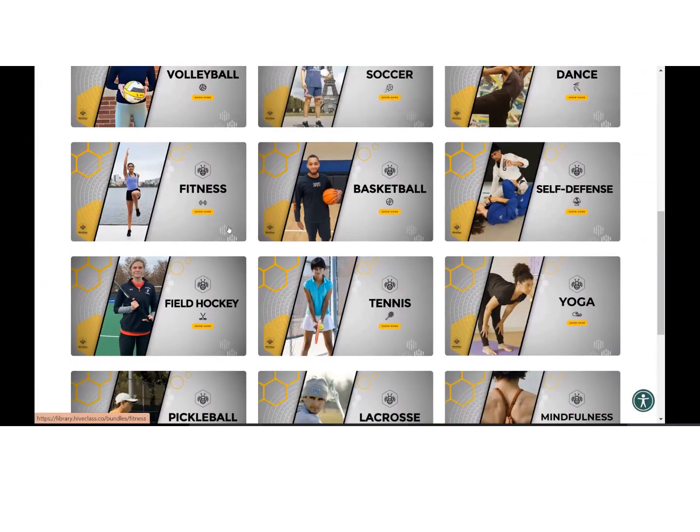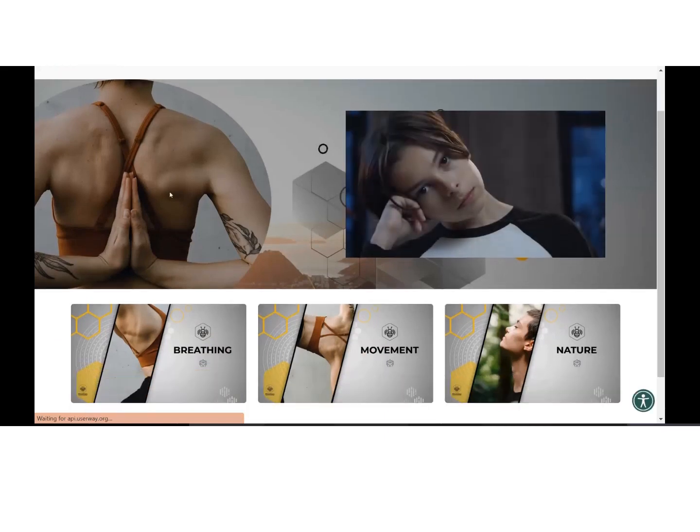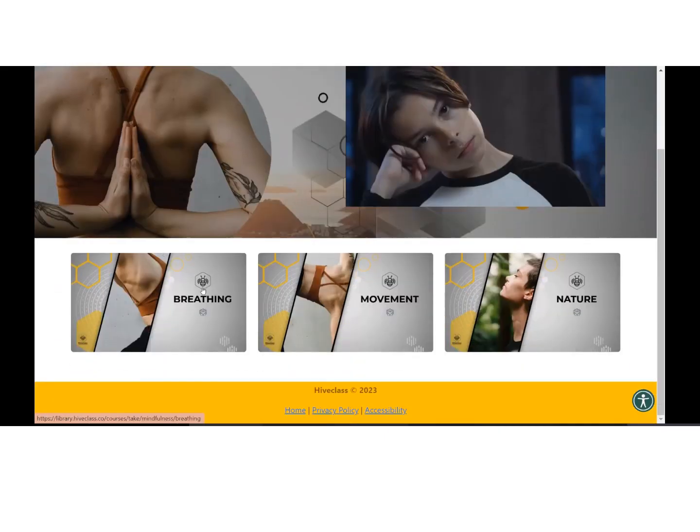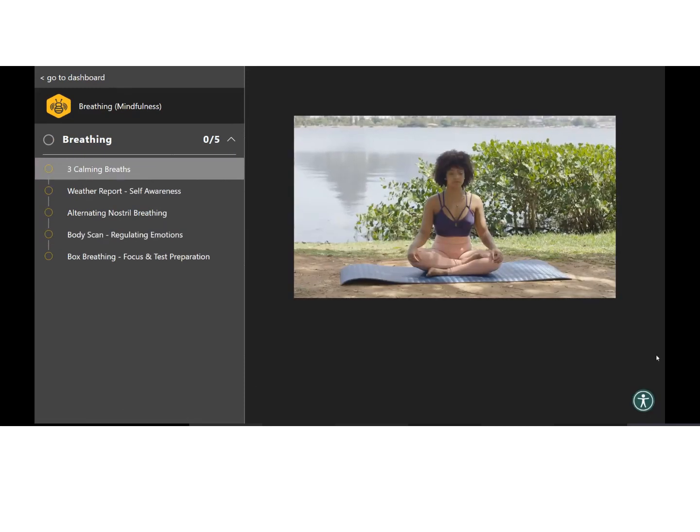We have functional fitness here, which has elements of yoga, calisthenics, a little bit of bodyweight muscle building. We have self-defense, which has elements of Brazilian Jiu-Jitsu, some karate, some MMA. And then when you scroll down here, we have a course for mindfulness. So this is just a course that is designed to really help people, patrons, kids connect with themselves. And I'll let that play for a second.